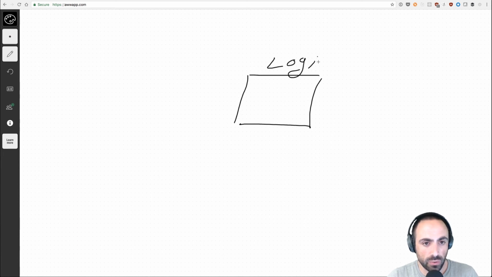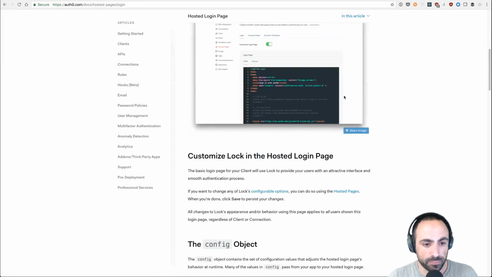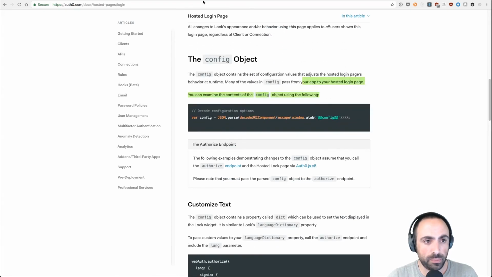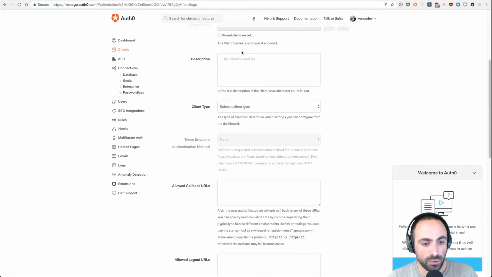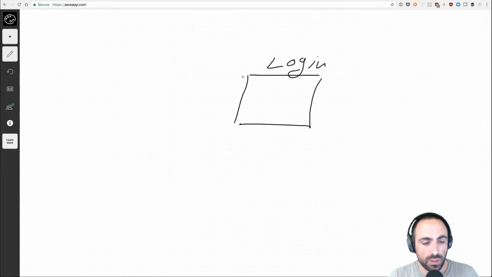Even Auth0 has a dedicated hosted page that you can configure. So then you log in, and if you're able to log in, then you get a code.